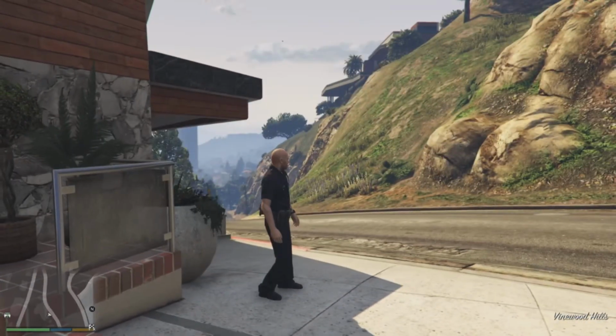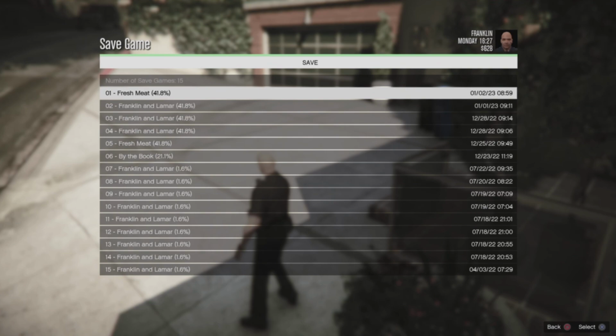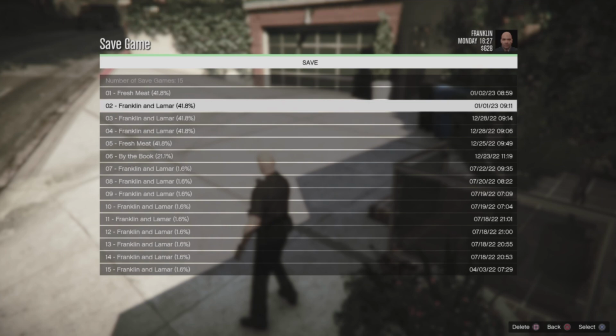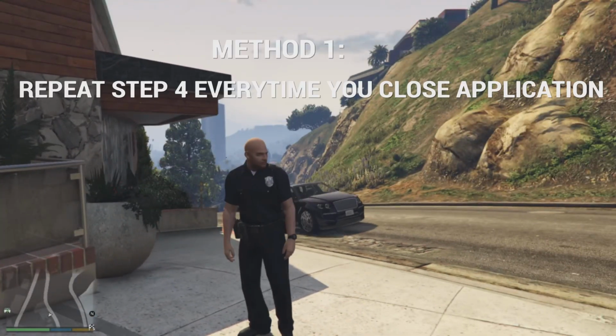When you spawn in, just create a game save, because fresh meat as your first auto-loading save is kind of buggy. So just create a new save or overwrite one with this save. I'll be showing you how to use these saves later on in the video, but this is the first method. With this method, every time you close your console, you just repeat the first steps